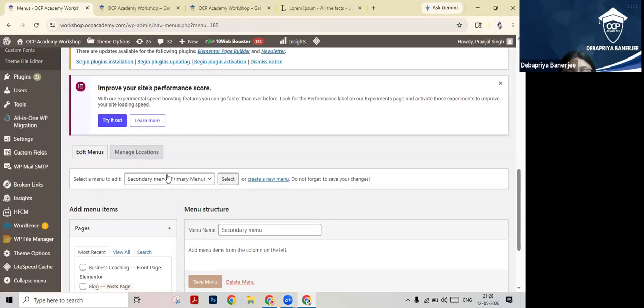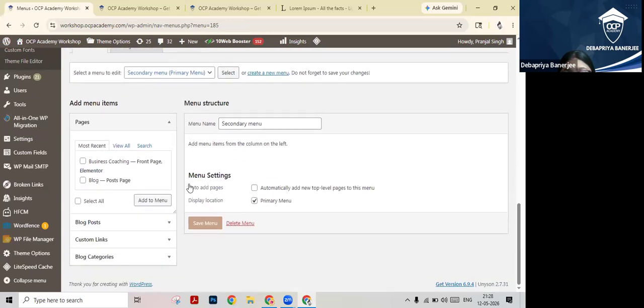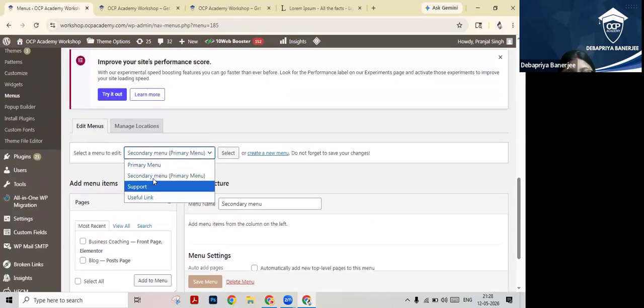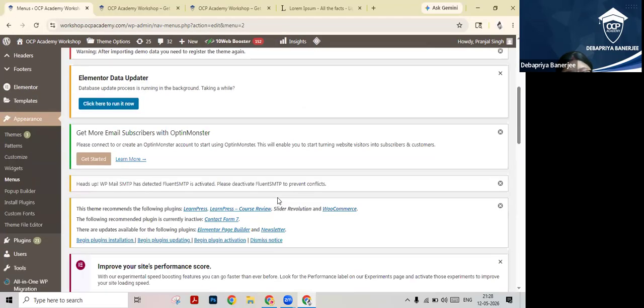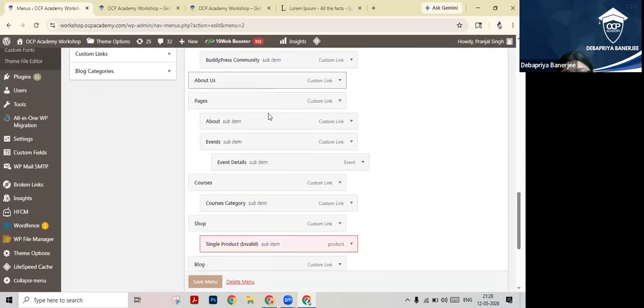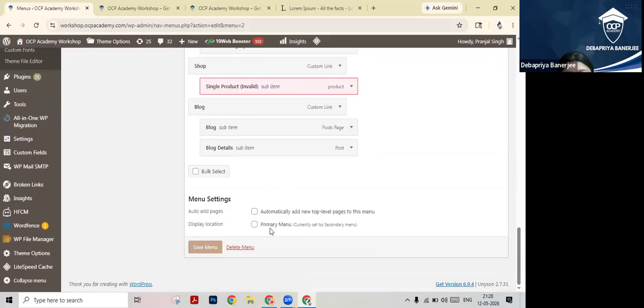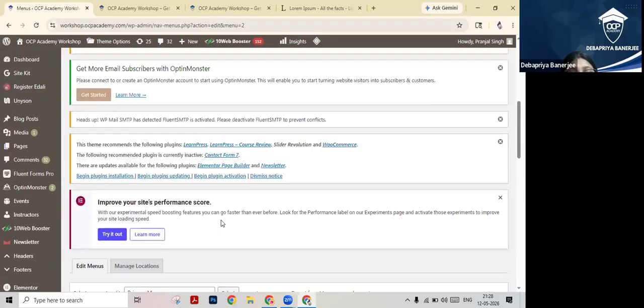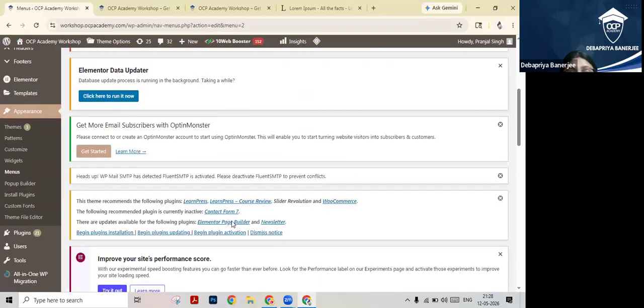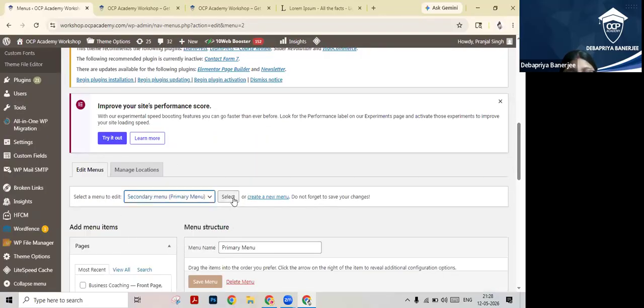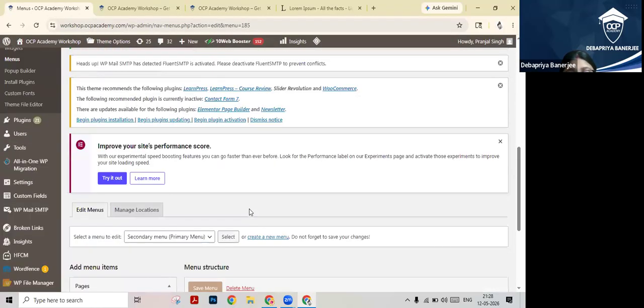Now this menu is already showing here, which will be displayed in the primary menu. So first, what I need to do is go to the primary menu, which was originally the primary menu, and see these are all there in the primary menu, and it is not used as a primary menu. Suppose I have selected the one and I want to display it in the primary menu. I have selected it, and see, nothing is added.